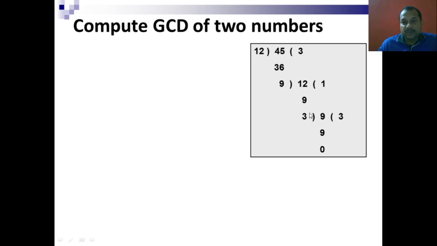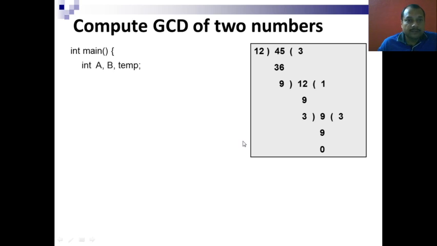Now 9 is my new number, and 3 is my new remainder, and I have to divide 9 using this 3, and this way it will keep on moving. So there is an exchange. Those three things will be